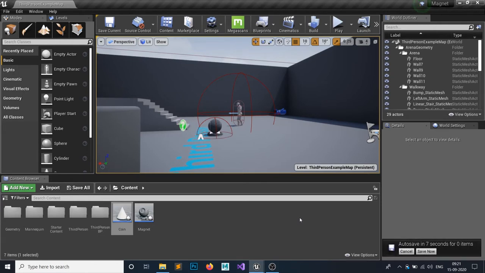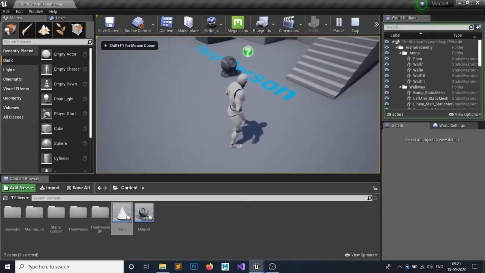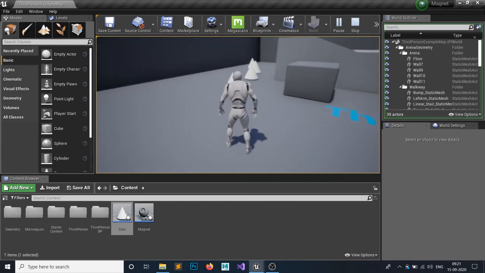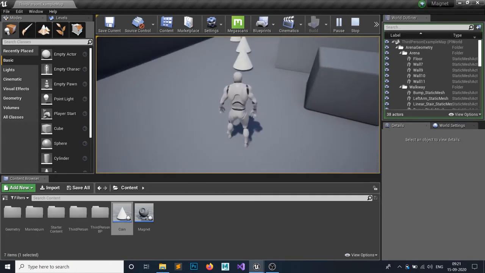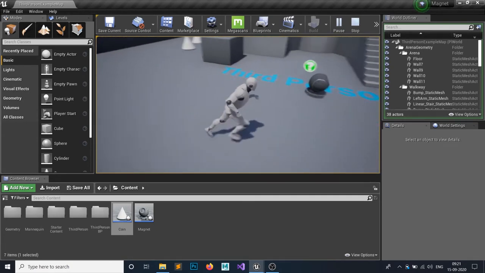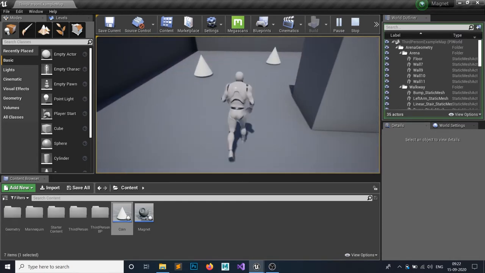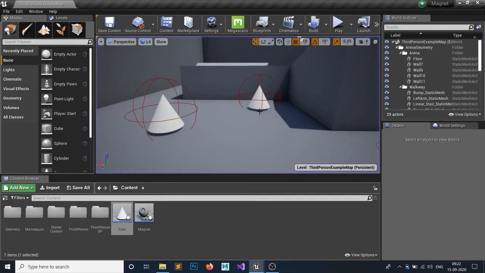You can also do that when you press a certain key, and all of the things around you get attracted towards you. So let's take a quick look at how this is going to look. This black thing is our magnet. If I don't pick up this magnet, then the cones are our coins. If I overlap, then it gets attracted towards me. But if I pick up this magnet, then these coins are attracted towards me within a certain radius. I hope you have seen it. So we're gonna make this one.